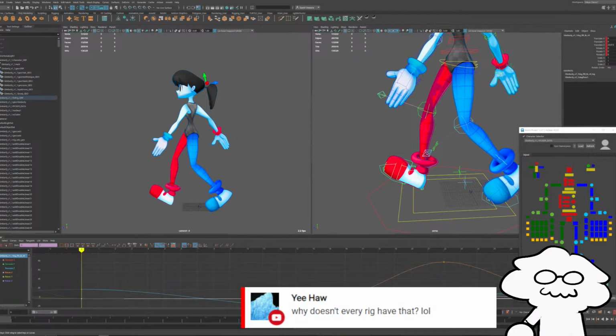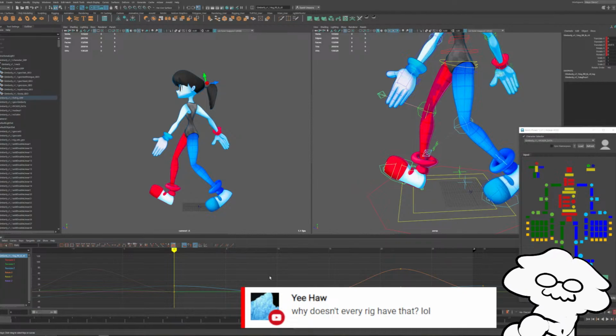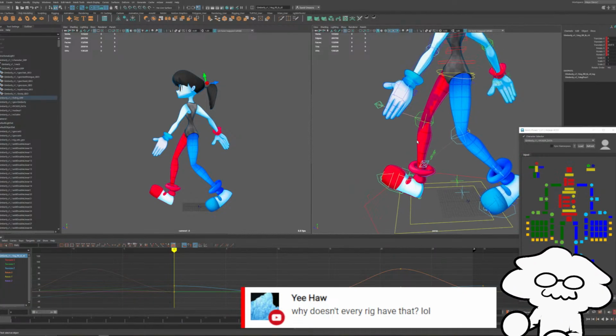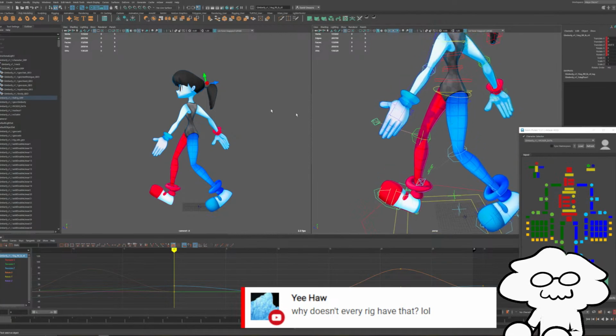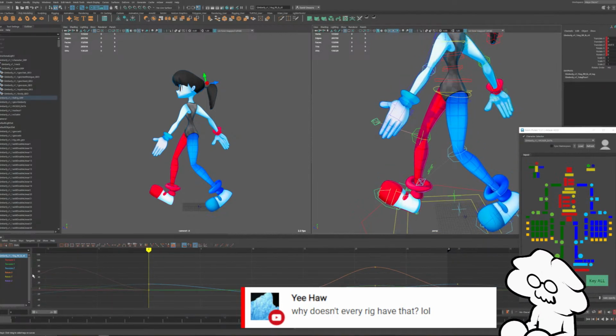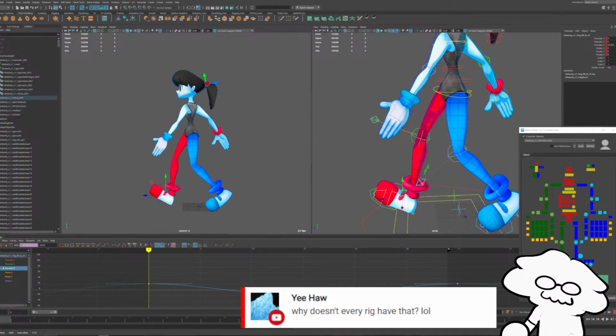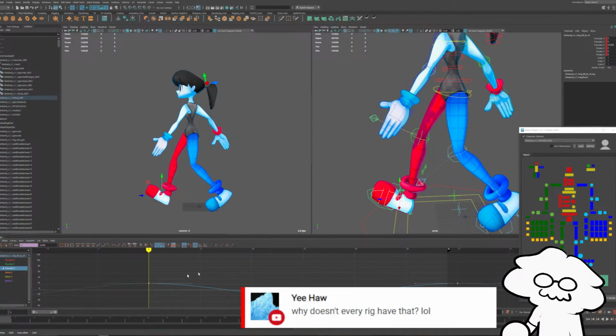Whenever I animate walk cycles, I tend to have this problem of going back and forth on the legs' distance between each other and the distance from the center of the character and whatnot. And you kind of just have to accept at a certain point that it's not perfect. So let's position it a little bit and see what happens.